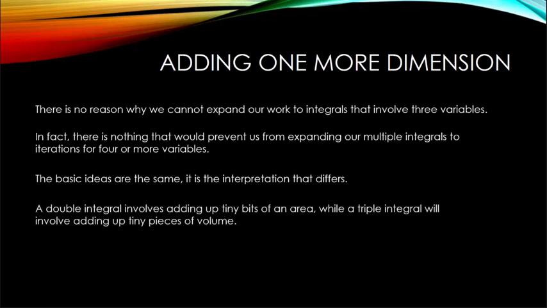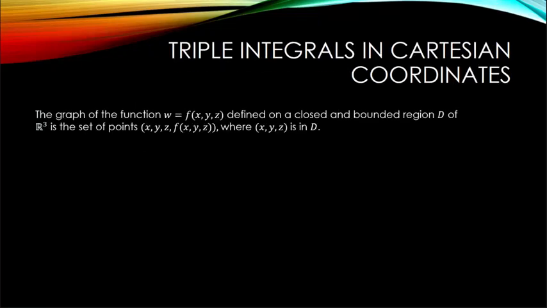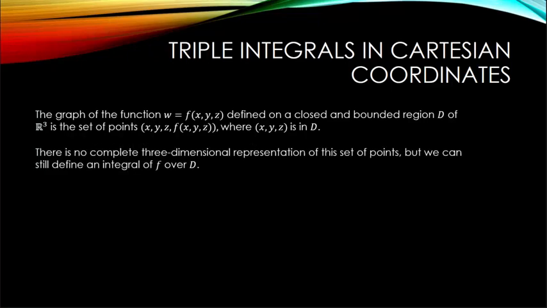Remember that a double integral involved adding up tiny bits of area, while the triple integral involves adding up tiny pieces of volume. The graph of a function given by w is equal to f of x, y, z, defined on a closed and bounded region D of the set R3, will be the set of all points consisting of the coordinates x, y, z and f of x, y, z, where the point x, y, z is in the region D. There is no complete three-dimensional representation of this set of points, but we can still define an integral of f